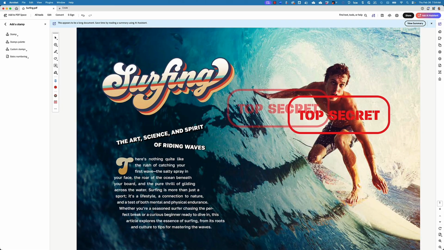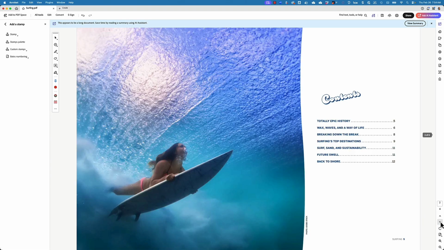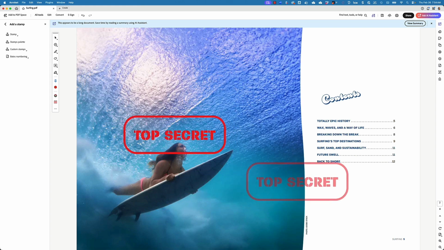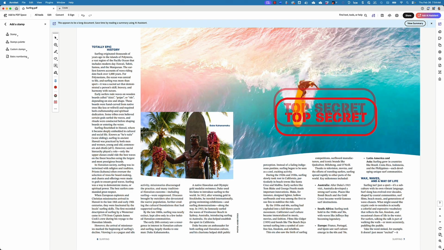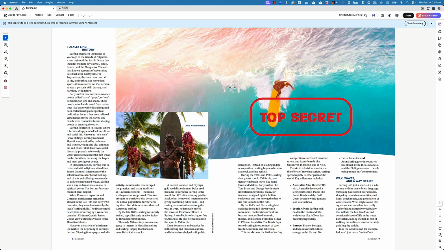Now, the stamp is still loaded, right? So I can also go to another page if I wanted to, and I can go ahead and drop that stamp there and keep navigating to other pages, and just drop the stamp wherever you want it to go, right? And that's pretty much all there is to creating a custom stamp. When you're finished, if you close the stamp panel, now it'll release that from your cursor, and you won't see that preview when you're moving your cursor around on your screen.